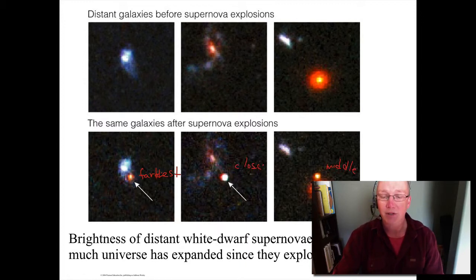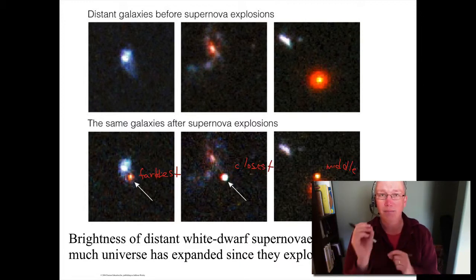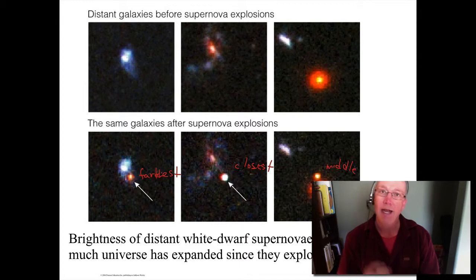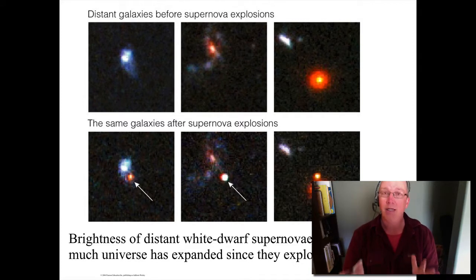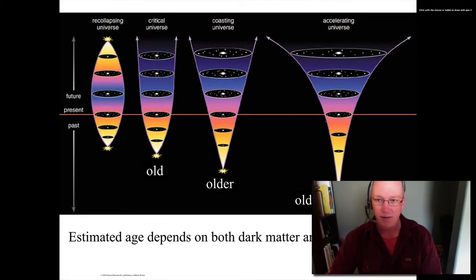And if you're very careful about your observations, you can use this coupled with the very careful measurements of the brightness of it, the apparent brightness, to get an actual distance away. And that is something we can use to determine the expansion, because we can measure the velocity with spectroscopy and Doppler shift. We measure the distance to the galaxy very precisely using the supernova, and that gives us a Hubble law that reaches very, very far out into the universe. And that's important because we need to see far back in time in order to figure out which path we're on. If we're on the accelerating universe, this path right here, or the coasting universe, this path right here.